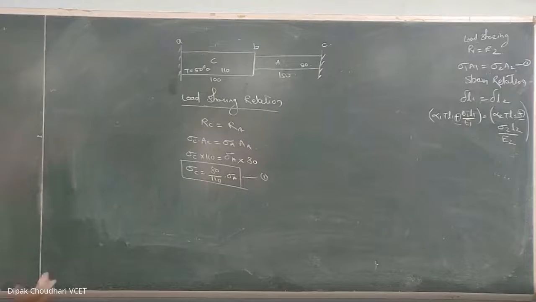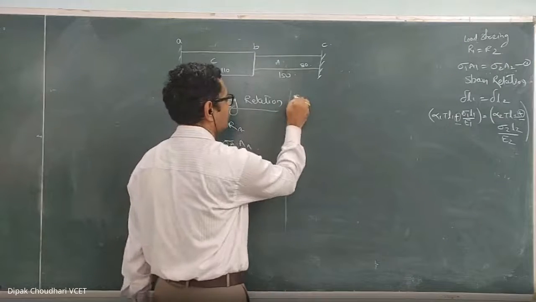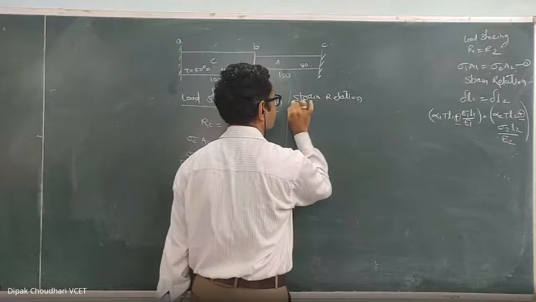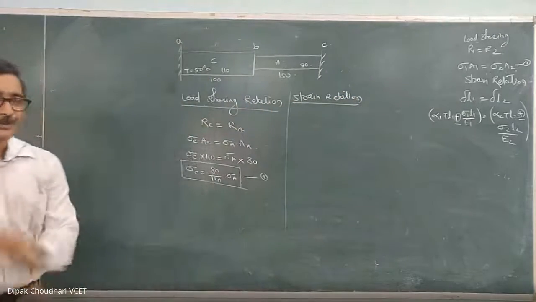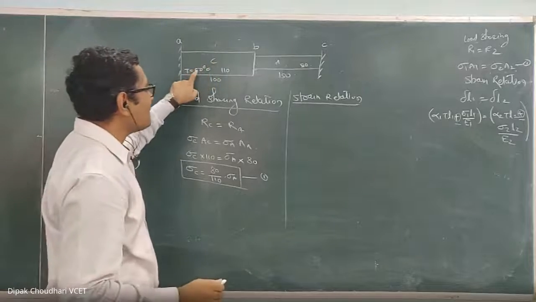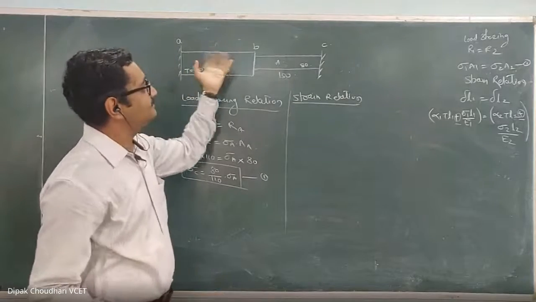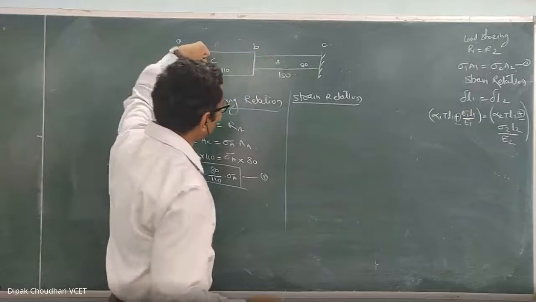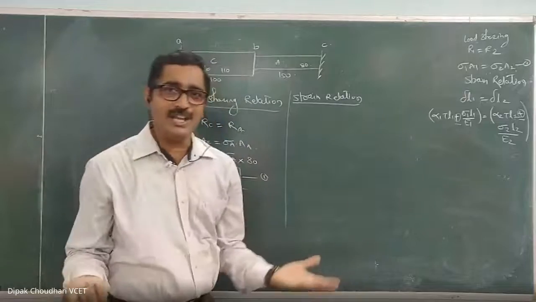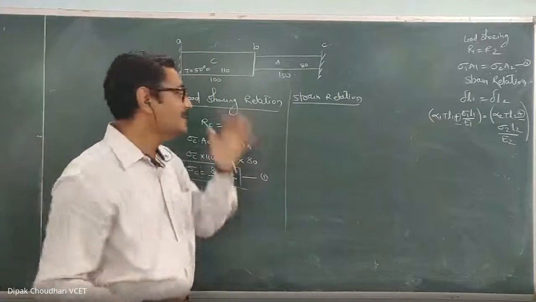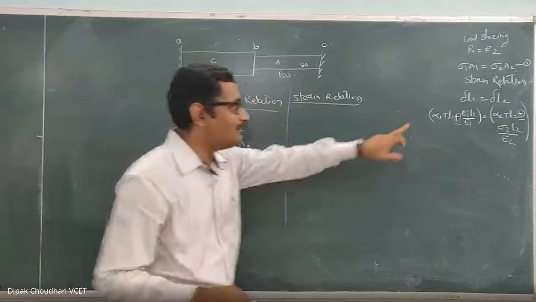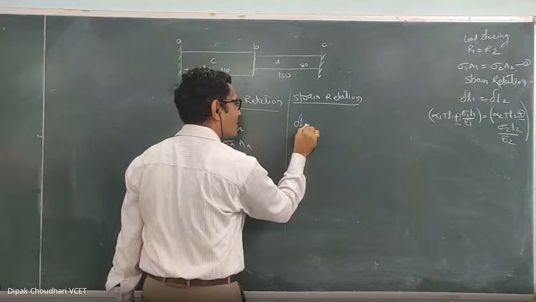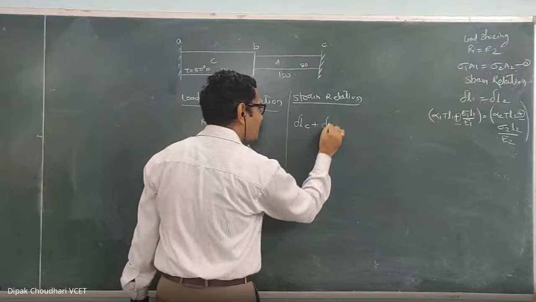One relation we got. How to get the other relation? Strain relation. Now listen to me. Only the temperature of the copper rises here, so because of this its length will increase. And because of the increase in the length of the copper, it will push the aluminium, and the length of the aluminium will also change. Understood? So what will be the relation of their deformation? The relation between deformations can be written as the deformation of the copper plus the deformation of the aluminium.